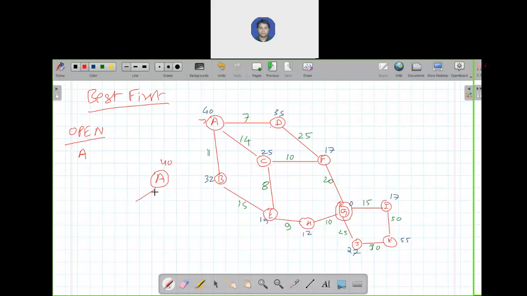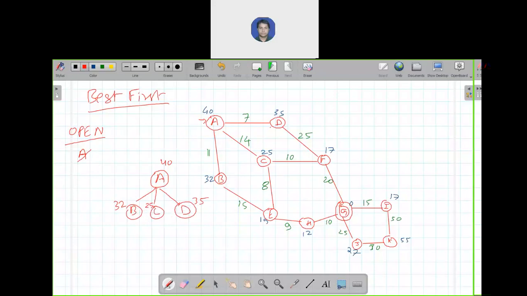The successors of A: there are three successors of A, B, C, and D. And what is the heuristic value for these three successors? 32 for B, 25 for C, and 35 for D. We will remove A from our list and enter these three successors according to their heuristic value.